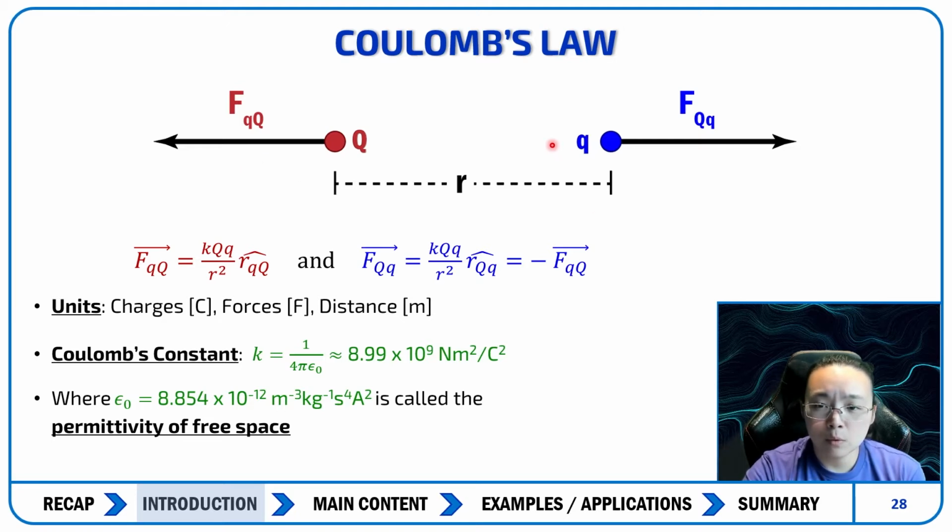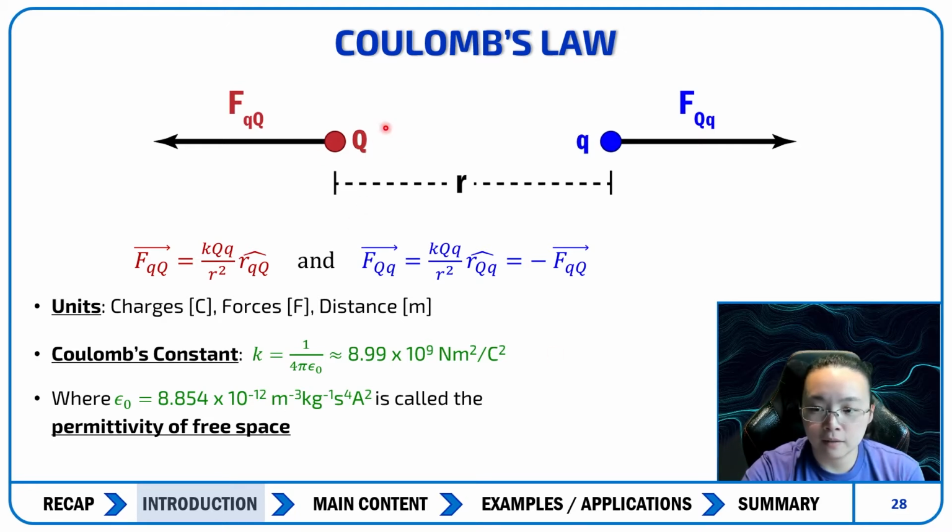So the way we take a look at this is over here, the blue charge is going to affect the red charge, and it's going to point in this direction, for example. So there's going to be a force from little q on big Q, and that's what this red one represents. Now the blue arrow, or the blue text over here, represents the effect of charge capital Q on little q. So we have F capital Q q over here. Now,